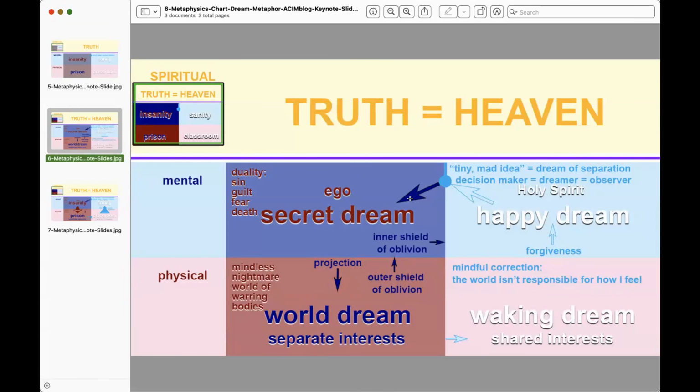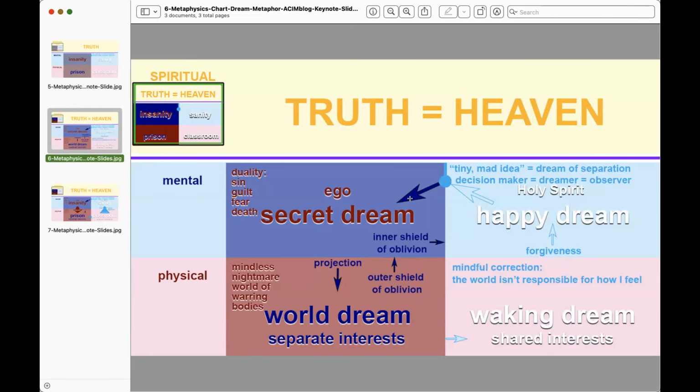Well, you make up a whole world. We take the tiny man idea and we turn a big bang out of it, and voila, gazillions of atoms and galaxies, and somewhere in between you got people and bugs and animals and plants and planets and all kinds of stuff. And so now we have a mindless nightmare world of warring bodies. And so, there's always something that's a challenging situation. There's always something to be concerned about.